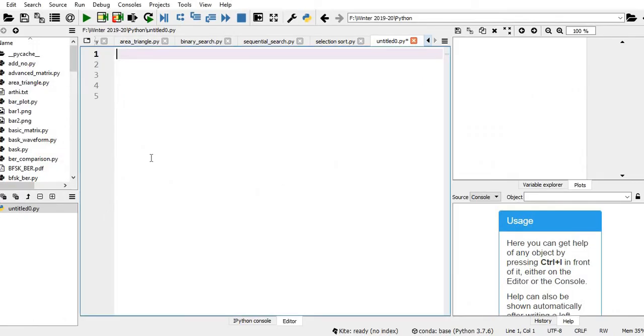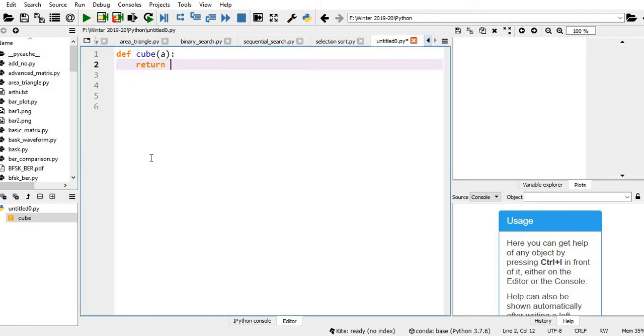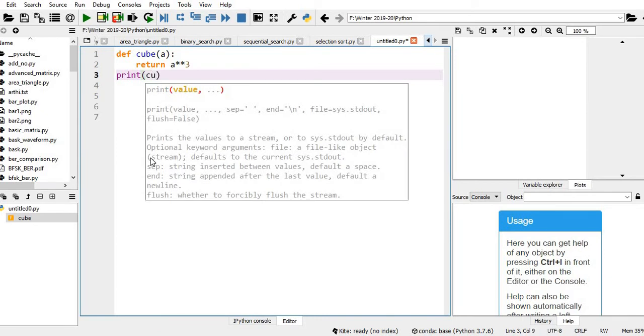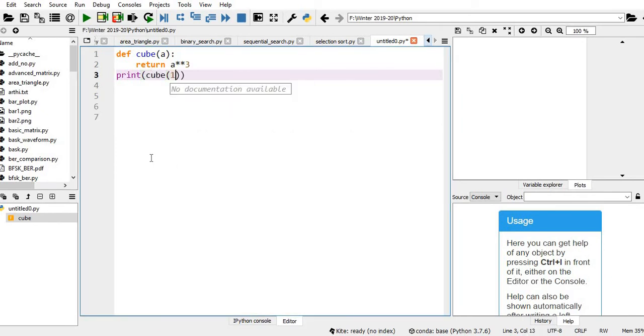Let me define the user defined function. Define cube, it takes one input argument. It will return a cube, a star star 3. Now let us print cube of 10.